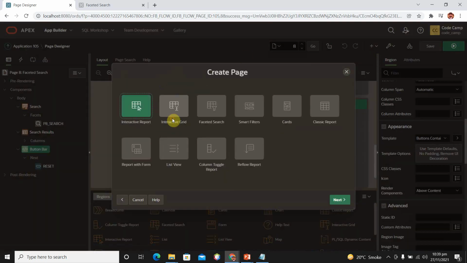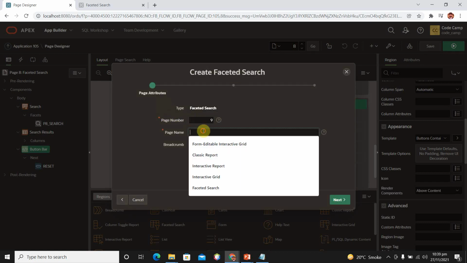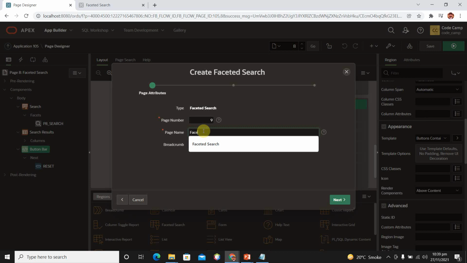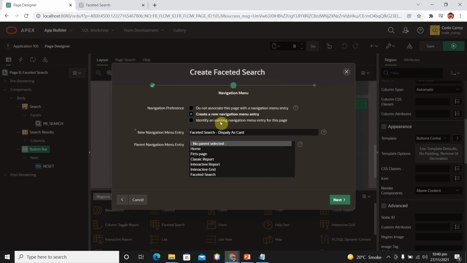Create page, report, faceted search, and display it as cards. Basically this feature is mostly used when you are designing your dashboards.